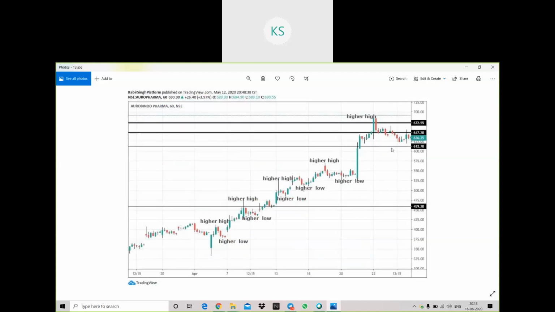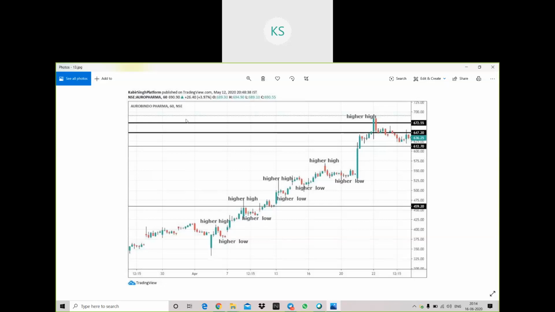Now there is a concept of higher high and higher low. Just try to understand this. This won't be much complicated, but try to understand. So from here we'll start. Higher high and higher low have to be indicated compared to the recent lower high which the stock has made. We'll start from this point.